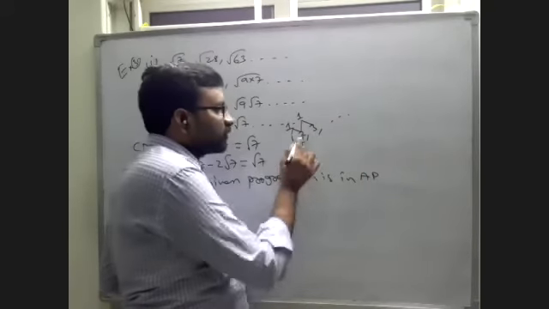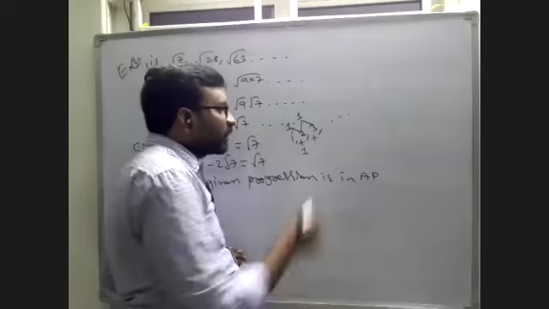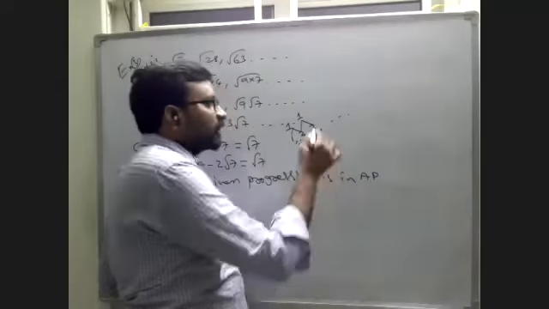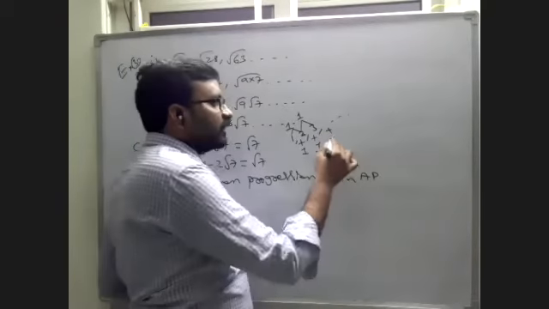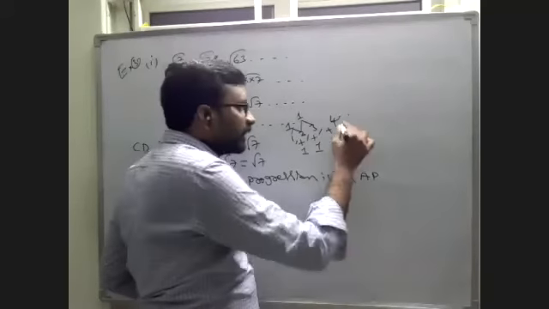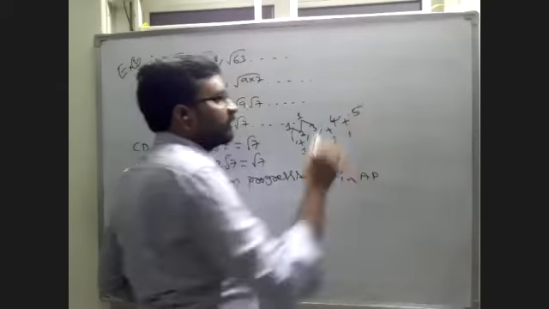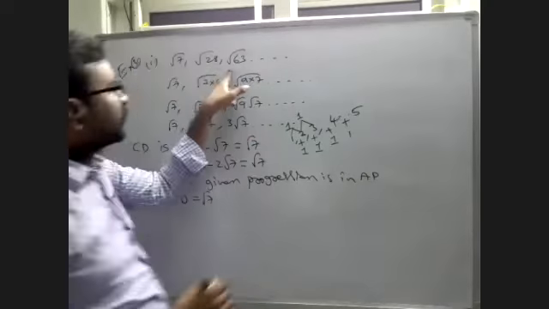For the first term, you are adding common difference 1, then 1 plus 1 is 2. For the second term, you are adding common difference 1, then you are getting 3. For the third term also, you should add common difference 1, then you will get 4. Again add 1, then you will get 5. Like this we can form the series. Now you are given 3 terms. What is the next term?